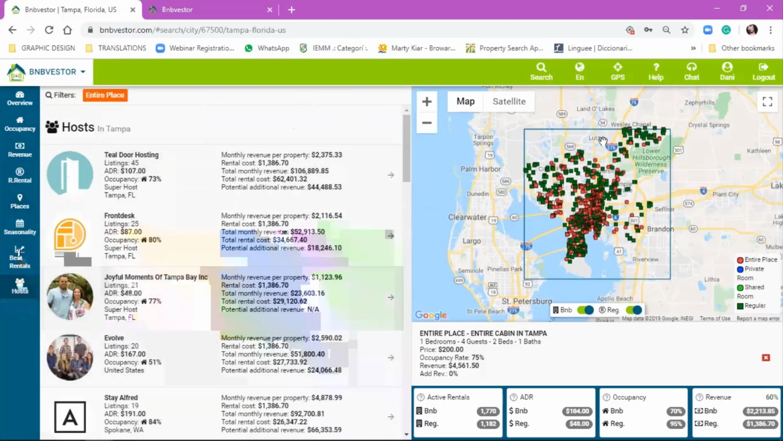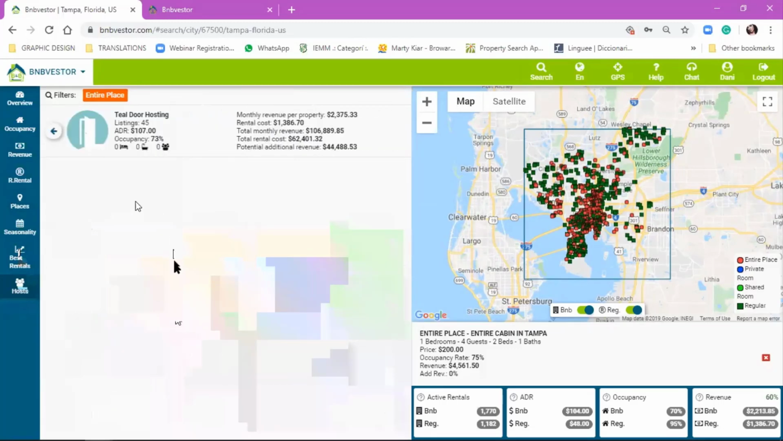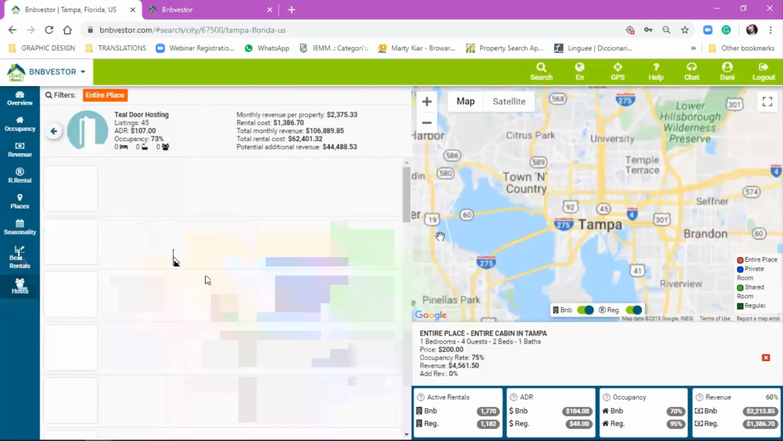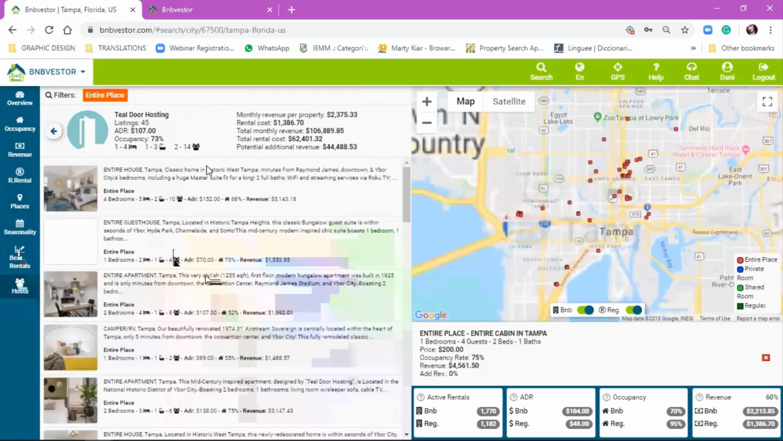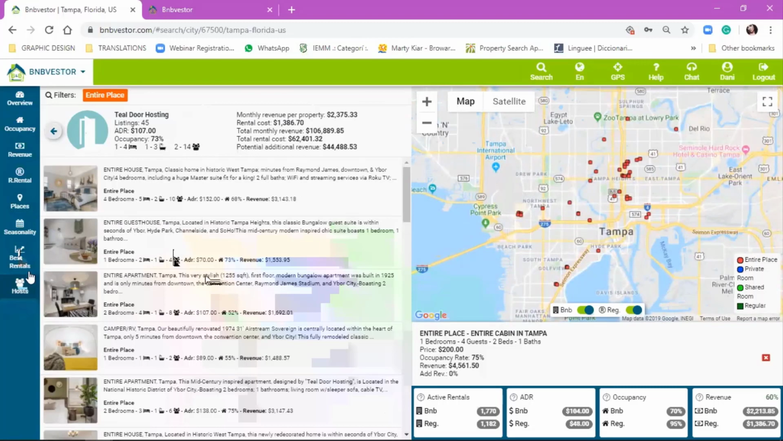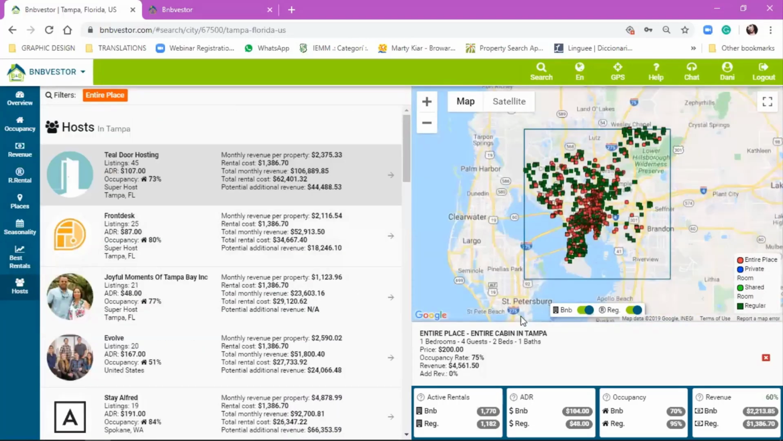You can see all of these properties distributed with their host. For example, Teal Door Hosting has 45 listings in this area. So you can see their different listings. If you click on it, you will see as well where they are located. Of course, if you click on any of them, it will take you directly into their Airbnb profile